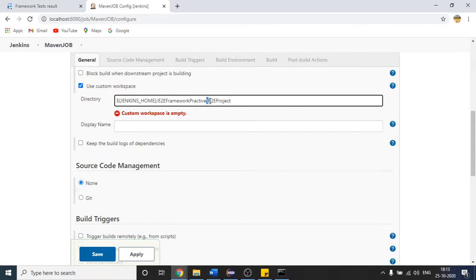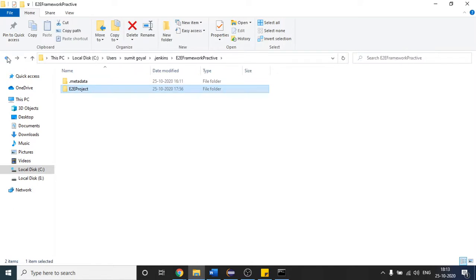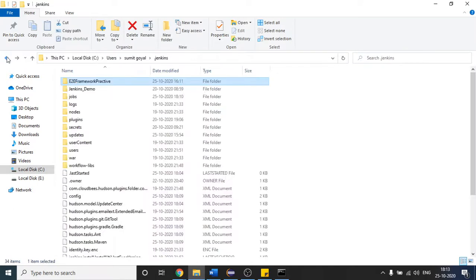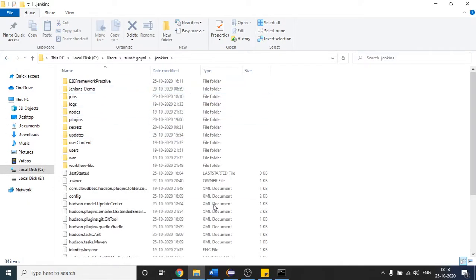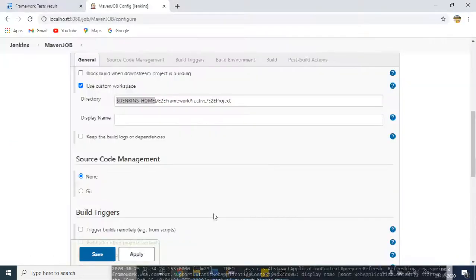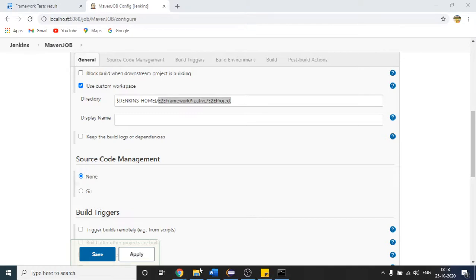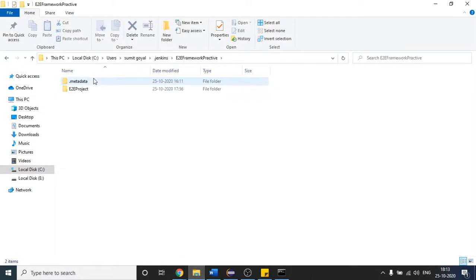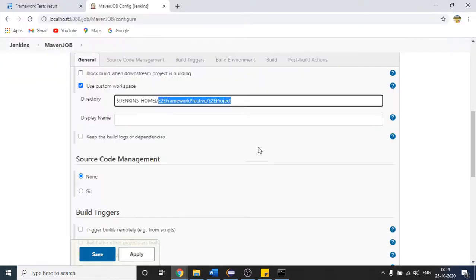If you provide it like that, first of all, by reading this, Jenkins will automatically come to the path where our Jenkins is present. It is present here, I think. So it will come to this path automatically with the help of this step. And after that I'm providing these two. Why am I providing these two? Because once you come to the Jenkins one, first you have to go inside that, and after that you have to go inside that, because this is the path where your XML is present. So you can provide it like that.